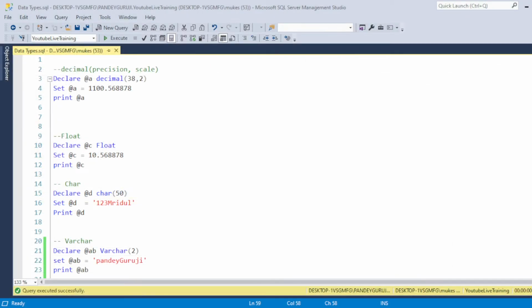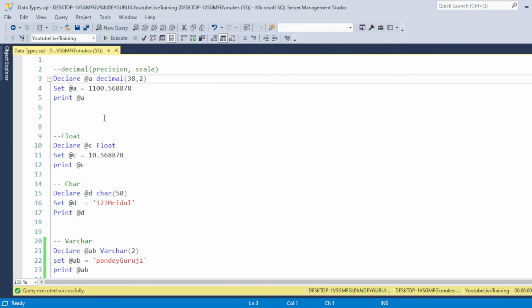Okay, so this is my SQL Server Management Studio. So let's see what a variable is. A variable is nothing but a bucket we create in SQL to hold some value. For example, in real life, if you are going to purchase grocery items in a supermarket, you need to take a bucket. You take the bucket and move the grocery items from one place to another, which is very essential for you. You can put all the grocery items in one bucket, and go to the counter for billing.